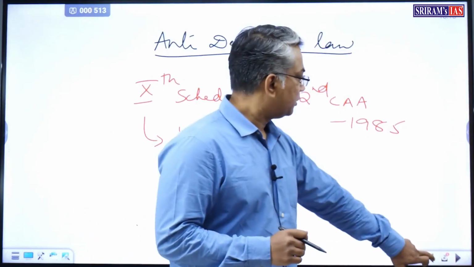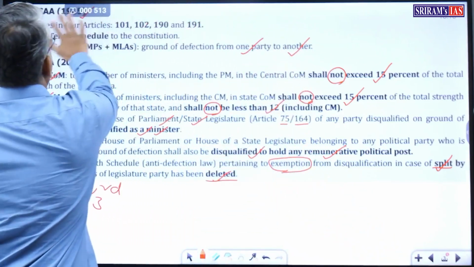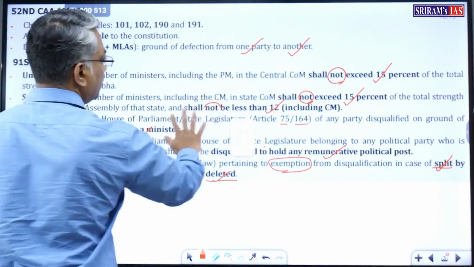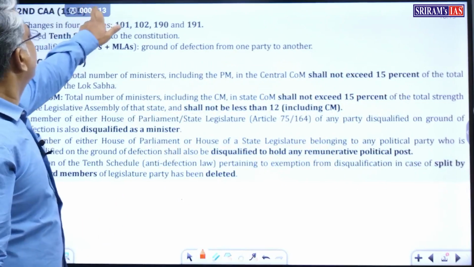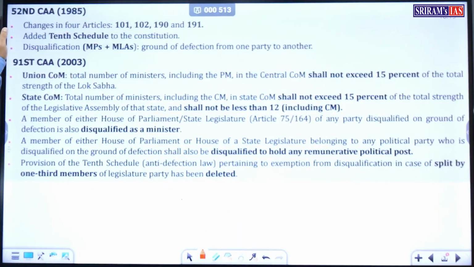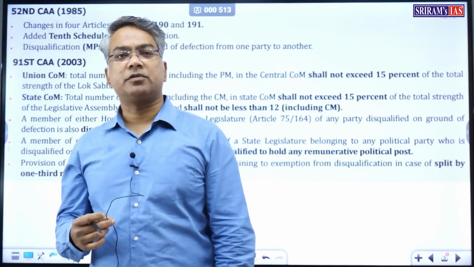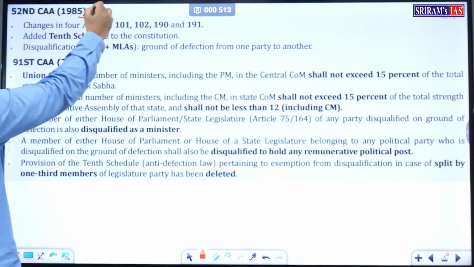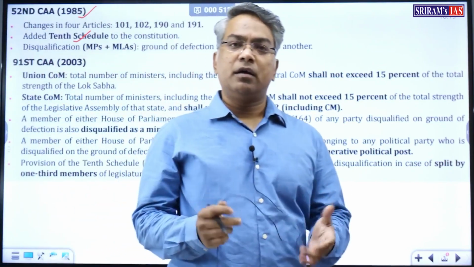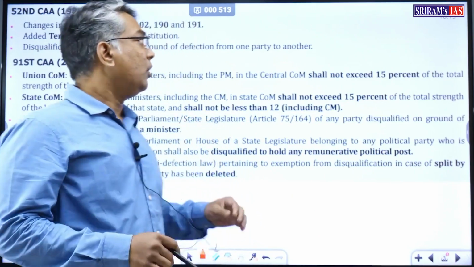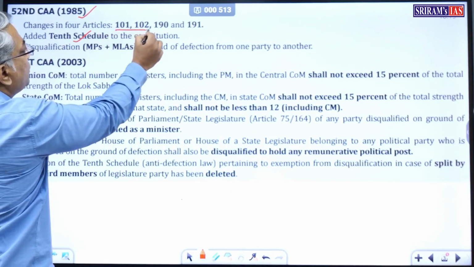So let us try to understand what are the provisions of the 52nd Constitutional Amendment Act. The original constitution did not make any provision for anti-defection law. So the 52nd Constitutional Amendment Act 1985 added the 10th Schedule of the constitution, which contained provisions relating to anti-defection. This Act had made changes to the articles 101 and 102